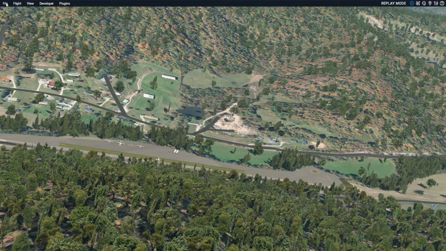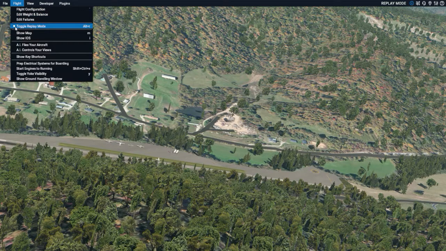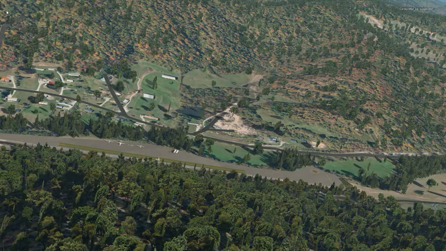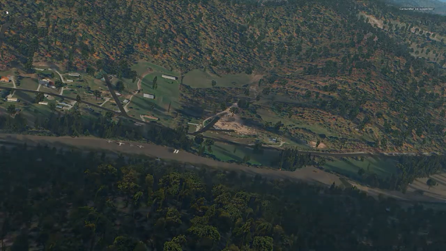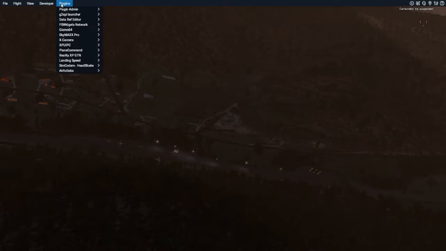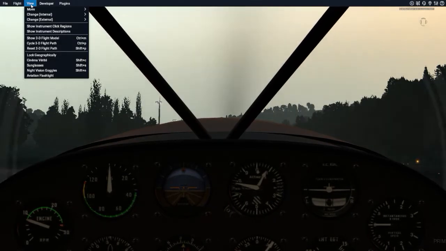So, let's get out of replay mode, and I should at this point now be able to change the lighting. Yeah. And there's our lights. And I do need to move the lights because I moved the whole airport. Now, let's take away the X camera and